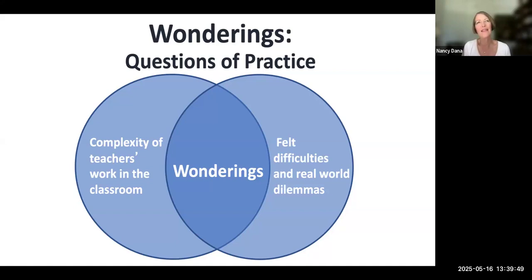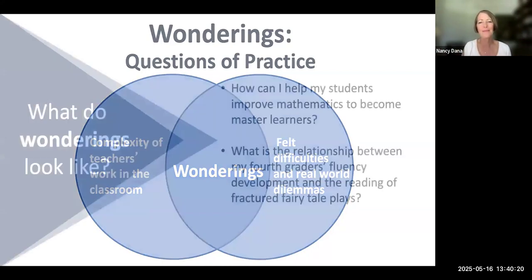And actually, that's something that is so exciting and wonderful about teaching: this notion of problem solving, understanding, being curious. And again, that's what inquiry is all about. And what better way to be curious about something than to pose a question about it? And so that's where your questions emerge, at the nexus of the complexity of the work you do and your felt difficulties and real world dilemmas.